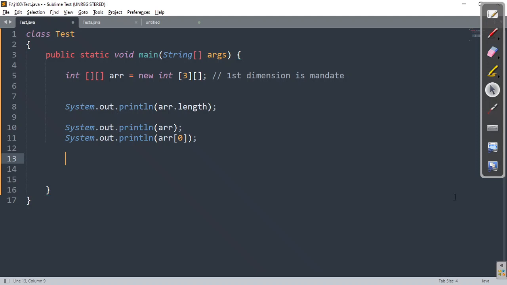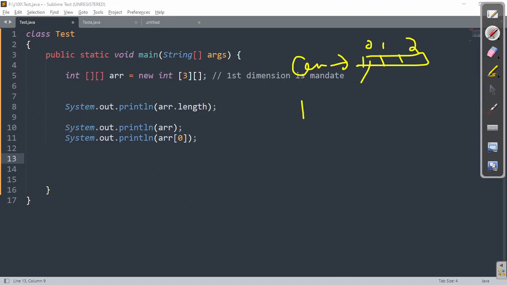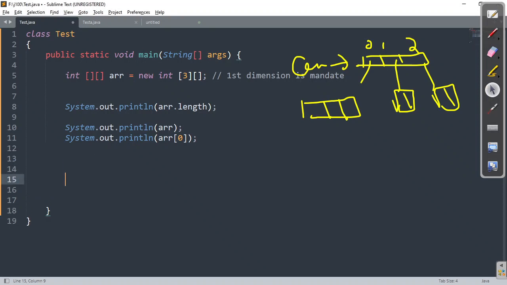Now let us see. The first base address we have done with this particular one. The name is ARR. It is referencing this one. This is 0, this is 1, and this is 2. Now, exactly in this manner, here I want 3, here I want 2, here I want maybe 4, maybe 3, whatever, maybe 2. So this is the structure I want to make. How do I do it? Things are very simple.